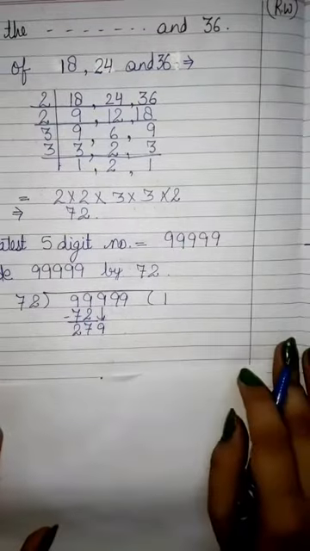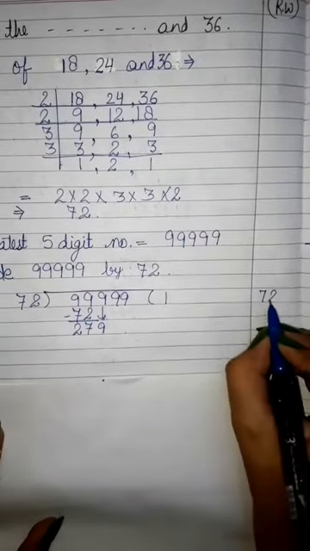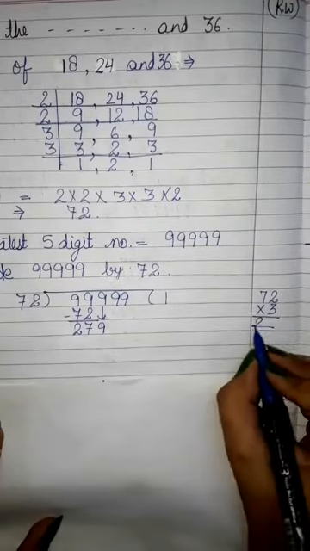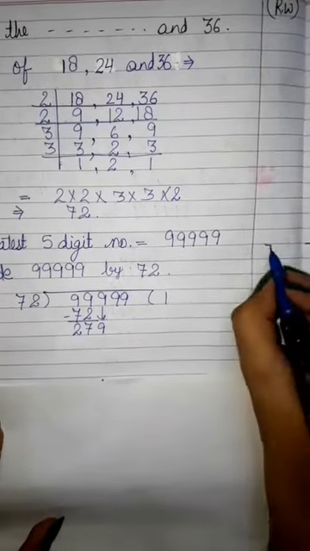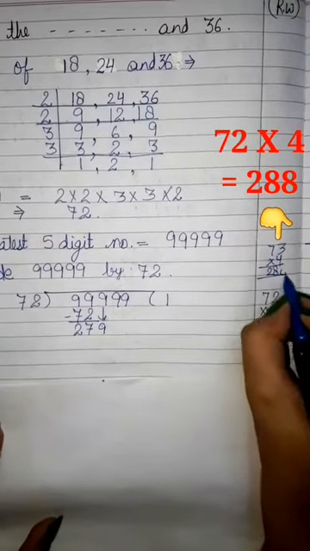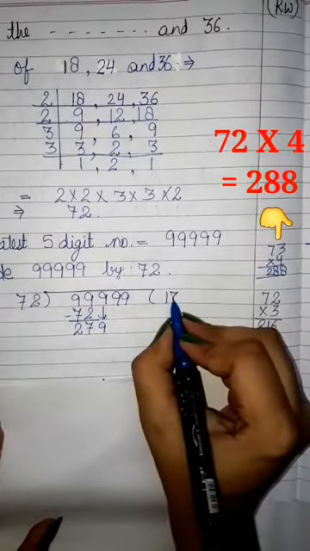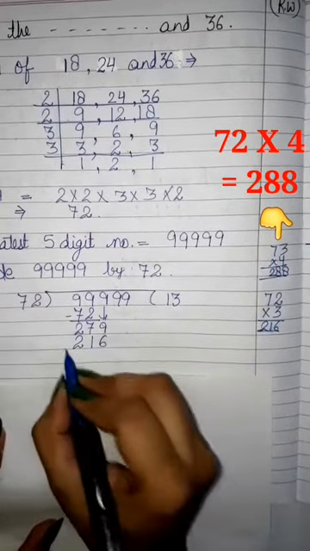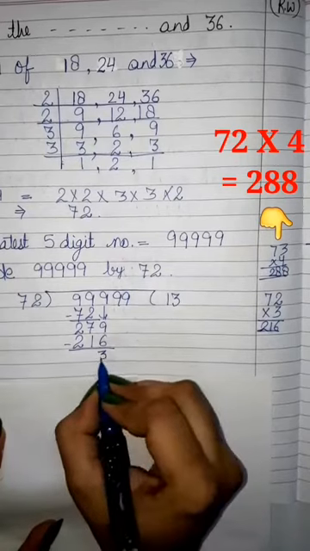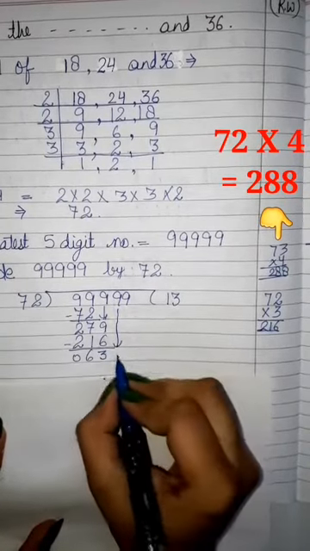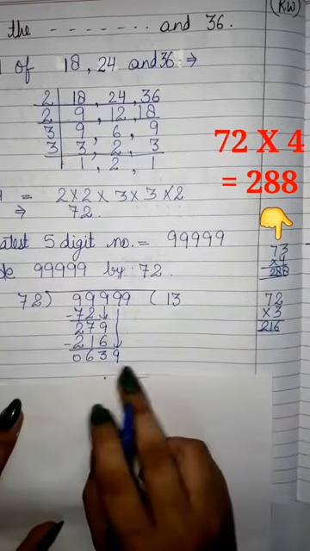Now children, in the rough side you can do the multiplication. Like if we multiply by 3, what we get? 216. If we multiply it by 4, we will get 288. It is more than, so we will divide it by thrice. 216. Now subtract it. 360. Now again this 9 will copy down. Now it has become 639.